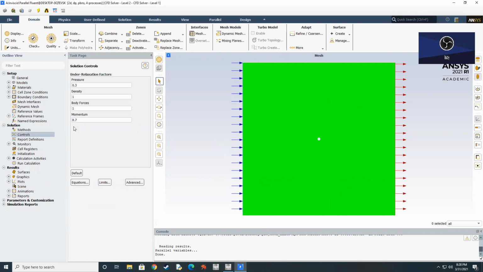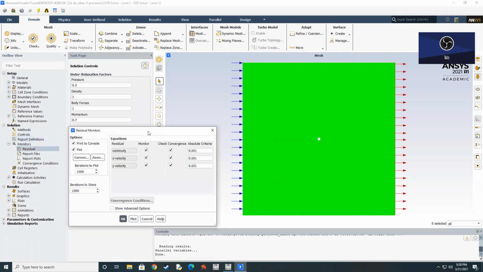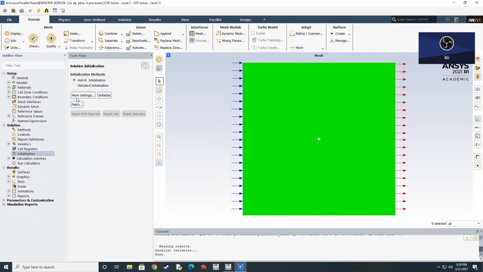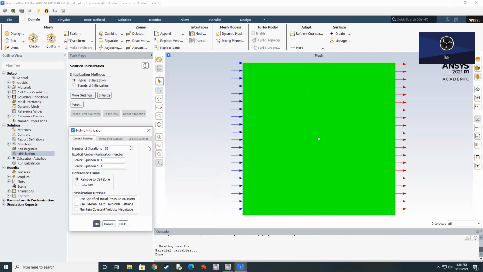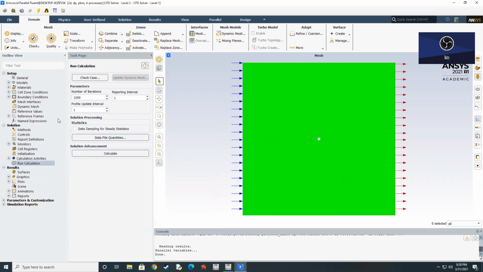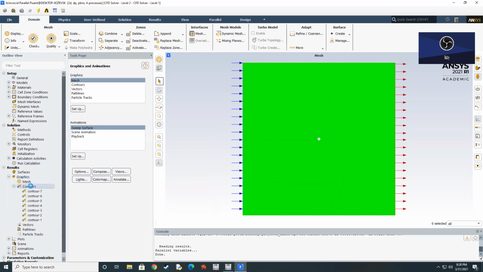As for controls, I just left it like this. I didn't change anything. Same for report definitions and for monitors. I just kept the residual at 0.001. For the initialization, I just ran it 35 times, the same as he did in his tutorial. For the run calculation, I ran 1,000 iterations, and that seemed to be enough to get a pretty good contour and other numbers. And actually onto contours,